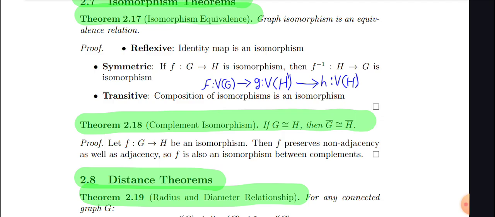This leads directly to the complement isomorphism theorem. If two graphs are isomorphic, their complements are also isomorphic. That's right. If G is structurally the same as H, then the set of missing edges in G must also be structurally the same as the set of missing edges in H. The structural preservation applies to both the connections that exist and the connections that don't. Exactly. And we get interesting special cases here, like the self-complementary graph, where a graph is isomorphic to its own complement. It means the structure of the connections is exactly the same as the structure of the non-connections. Very